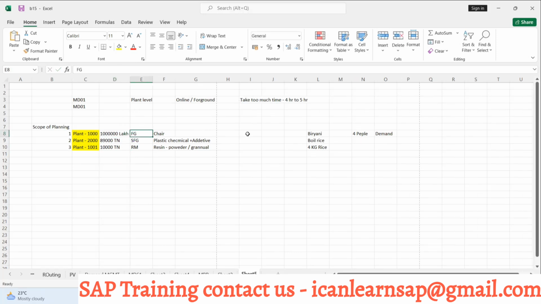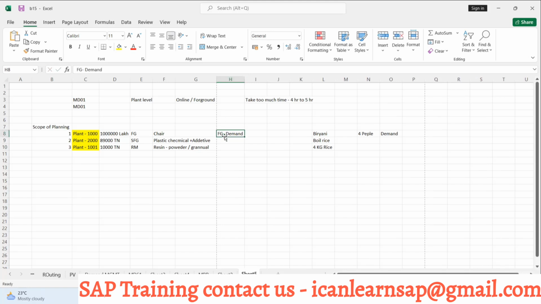See guys, we get demand, everyone, and demand always comes to your finished good part. Remember? So your FG is going to get demand, and based on that demand, you will understand. Suppose in this month I have to manufacture 1 lakh chairs. So for 1 lakh chairs, how much ton of SFG do I require? For 1 lakh chairs, I require approximately 9,000 ton of semi-finished product, and for the 9,000 ton, I require 9,000 ton of resin. No, sorry, 8,000 ton of